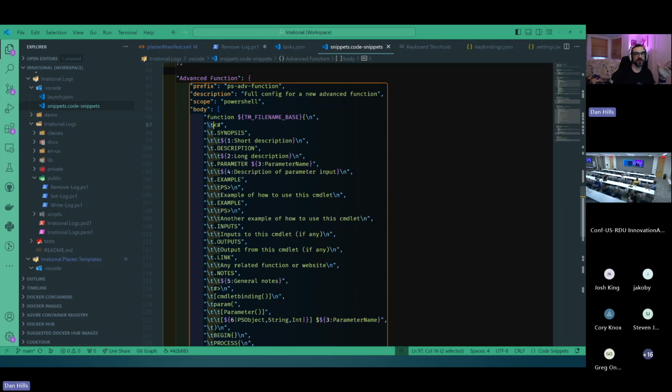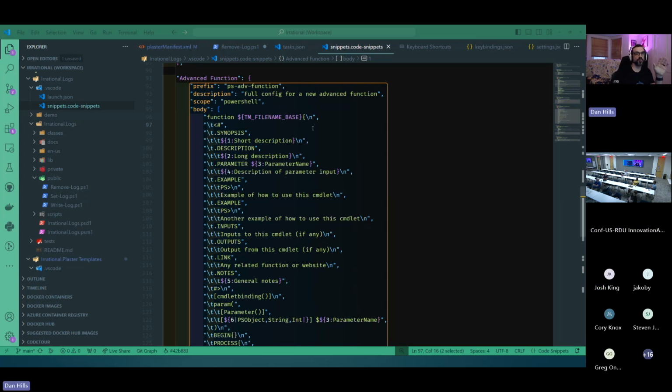I can really drive a very strict way, saying I want every specific type of command line help option. You can include every one. I've included the core ones that I think are the most important things, like the synopsis and description, parameter details. But you can get as opinionated as you want for each of the functions that you're trying to create for your team. It's a great way to get a standard set across everybody's creation